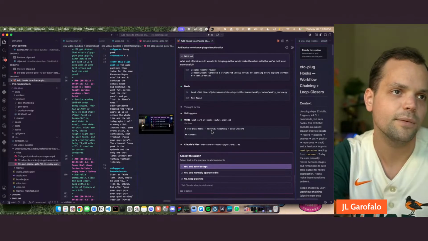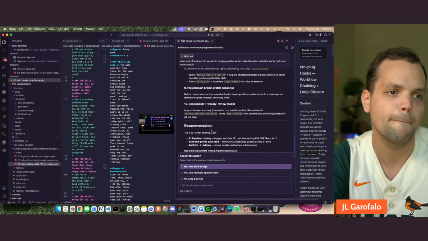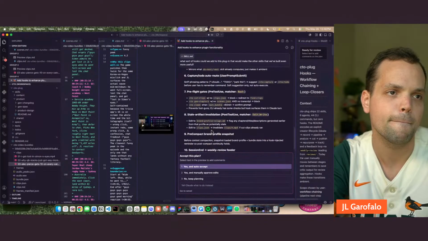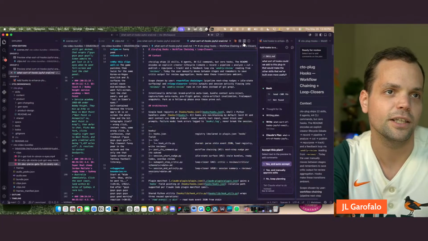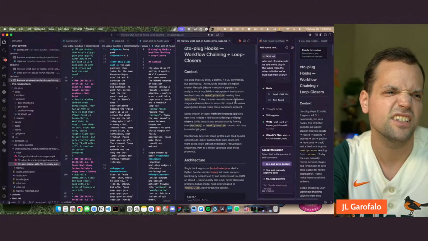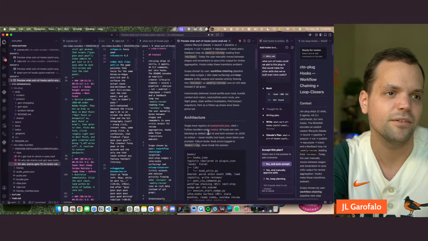Okay. Do we want to auto accept this plan? This is for the hook that it's going to make. Yeah, the plan looks pretty good. Oh, I didn't look at the plan. So many windows. Okay, yeah, we don't need all this.